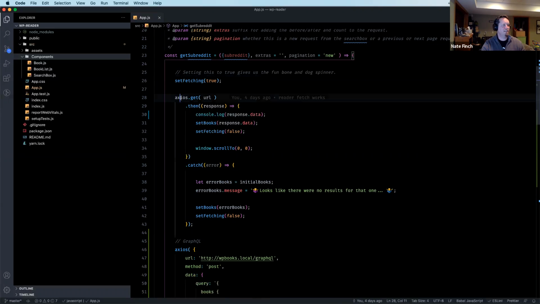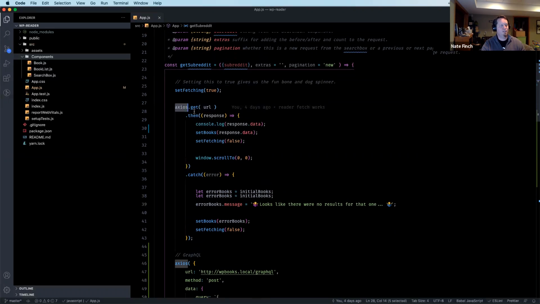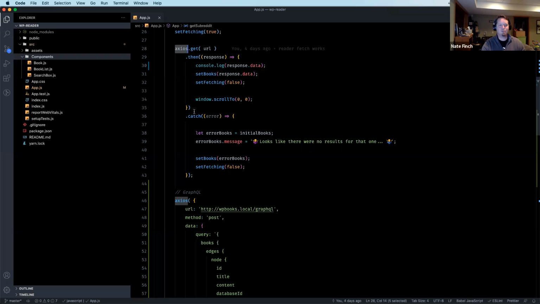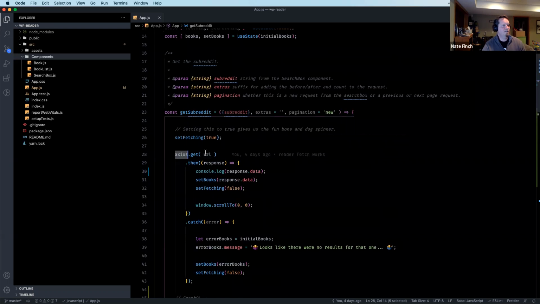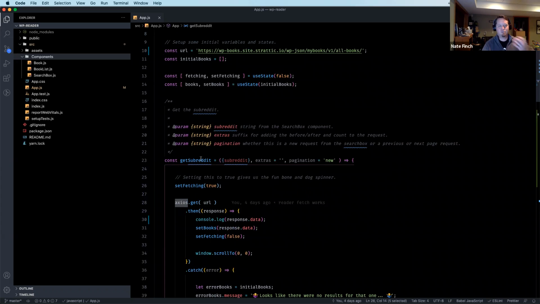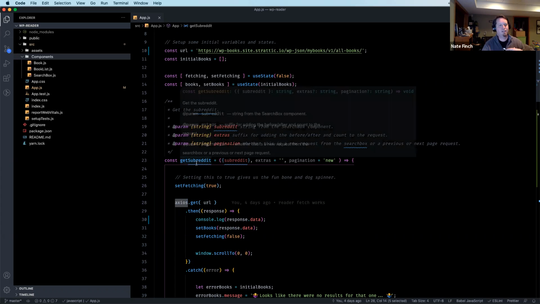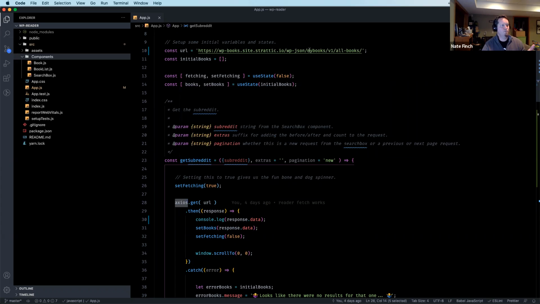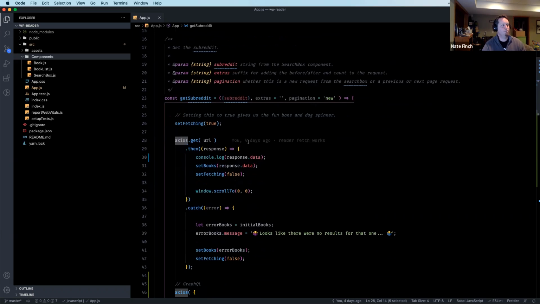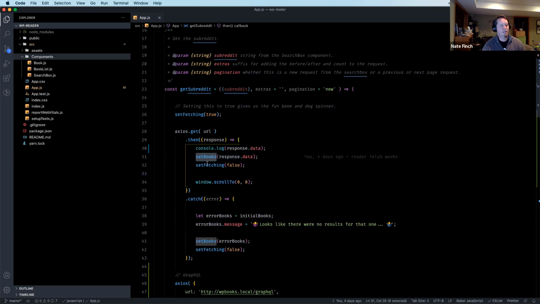I'm using Axios because I was using it in another project, and so my mind was already there. But basically, we're sending out a GET request, right? So just reading. We're not trying to create anything. Sending out a GET request to this URL. And then with those responses, I want to save those all as the books, and I want to set fetching